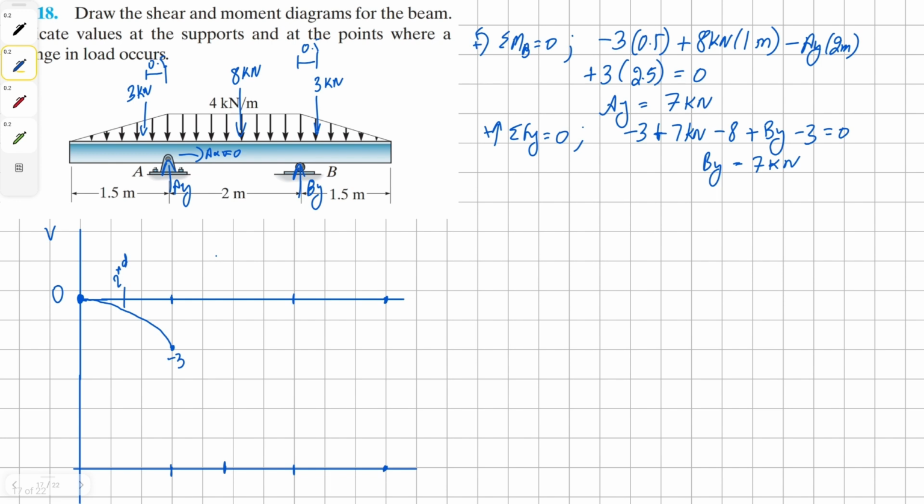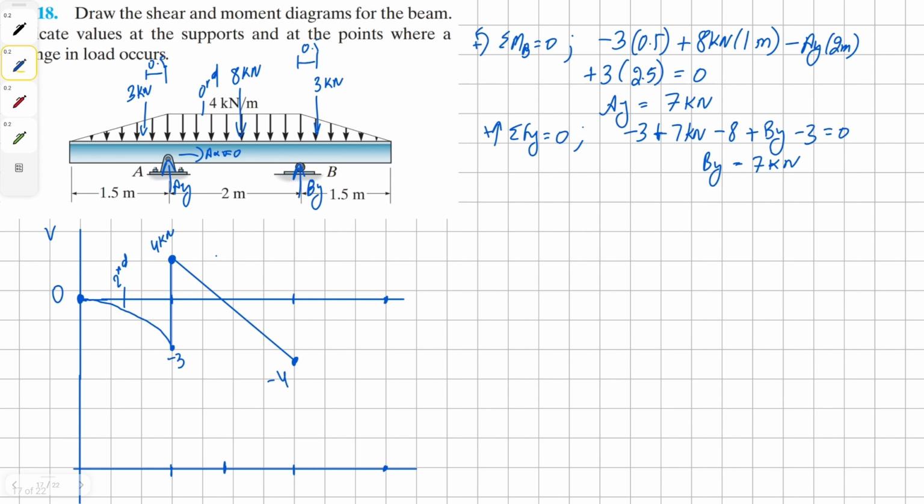Then we have our external reaction force of 7 kilonewtons, so we're going to go up 7 kilonewton, and we'll stop at 4 kilonewton. By the way, this diagram is not to scale, but it gives us the general idea. And then we have a uniform distributed load of 8 kilonewton going downwards. Because this load is zero order, our shear curve is going to be first order, and it's going to go down